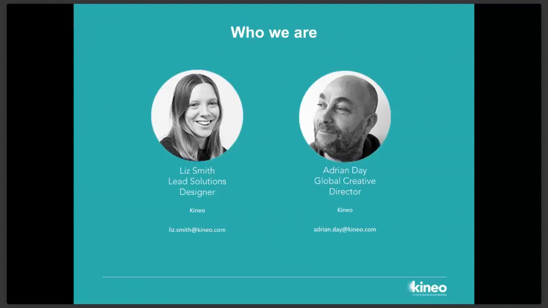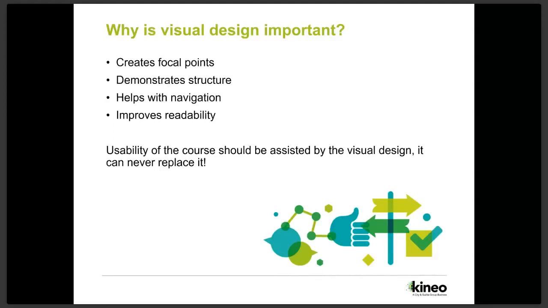We wanted to start, before we go into some of the key trends that we're going to look at, by thinking about why visual design is so important. A key thing is that it should be adding to usability rather than taking anything away from it. Some of the key ways that visual design can be helpful in e-learning or online learning is to create focal points for the learner, and demonstrate the structure of a course, so you know how topics break down and how your eye moves across the page. All of those things are helped by the layout, and the visual design enforces that.